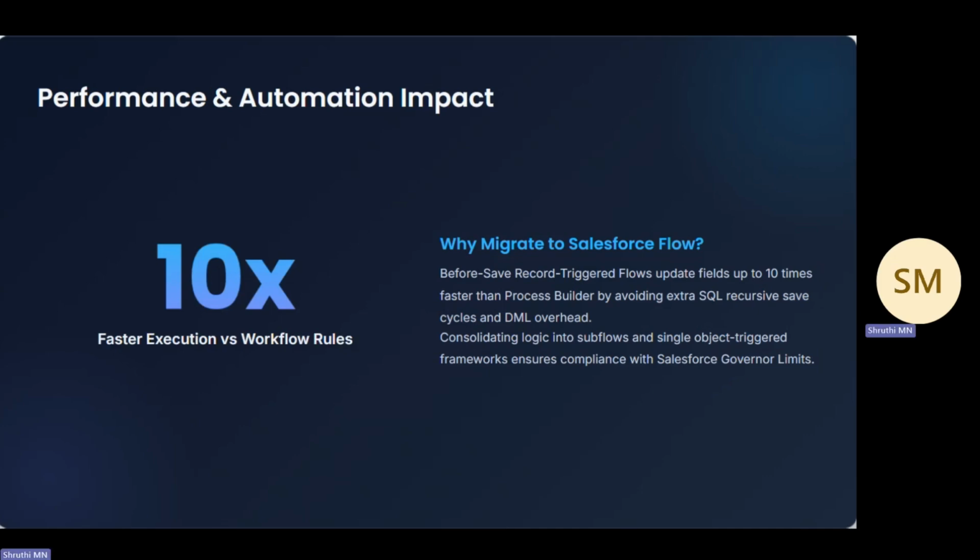Performance and automation impact. Now let's talk about performance. One of the key points on this slide is the advantage of before save record triggered flows for updating fields on the triggering record. The slide highlights a 10x faster execution comparison in this context. Why? Because before save flows can update fields before the record is committed, avoiding additional save and DML overhead described